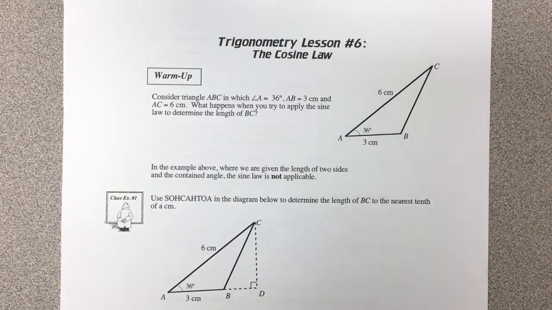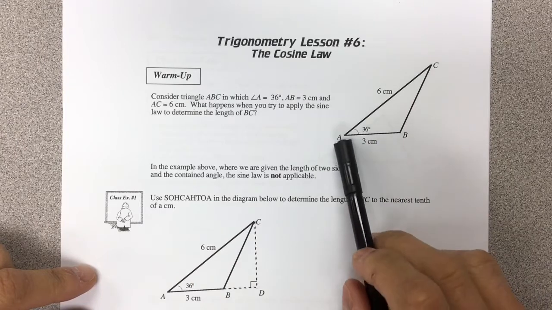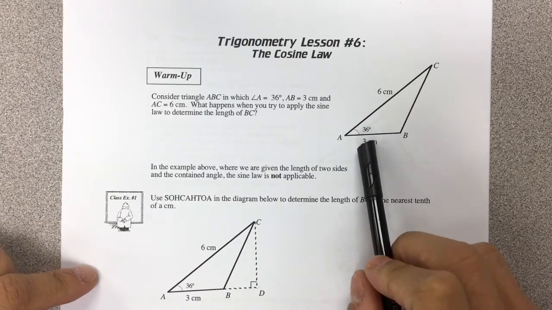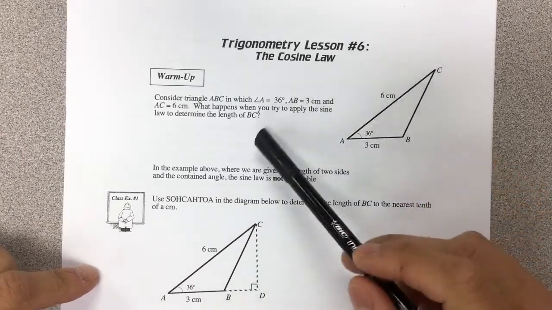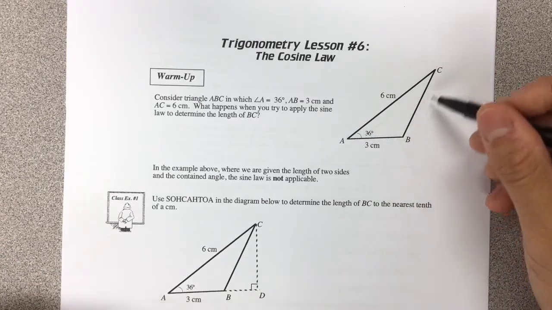Welcome to lesson number 6. We're going to be looking at the cosine law today. So consider this triangle ABC in which angle A is 36 degrees, AB is 3 centimeters, and AC is 6 centimeters. So what happens when we try to set up the sine law in order to determine the length of